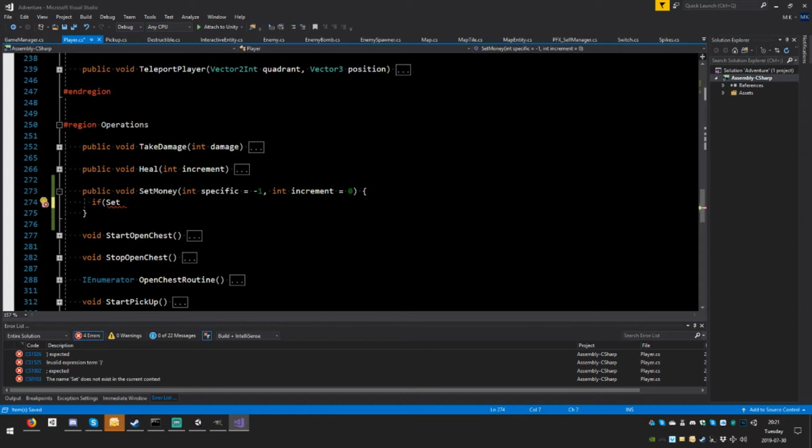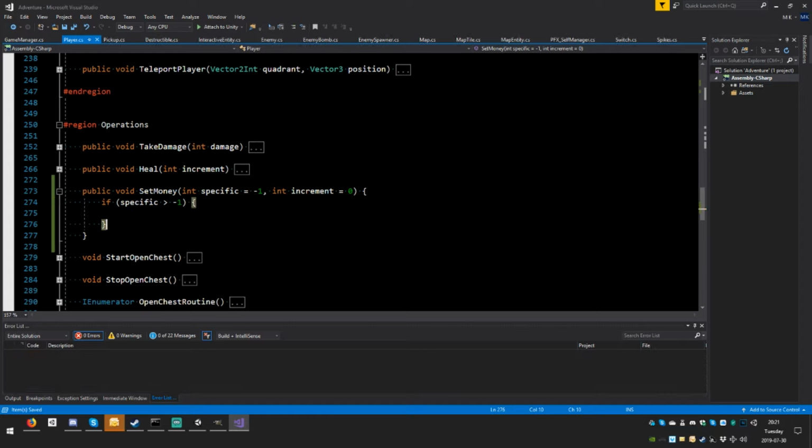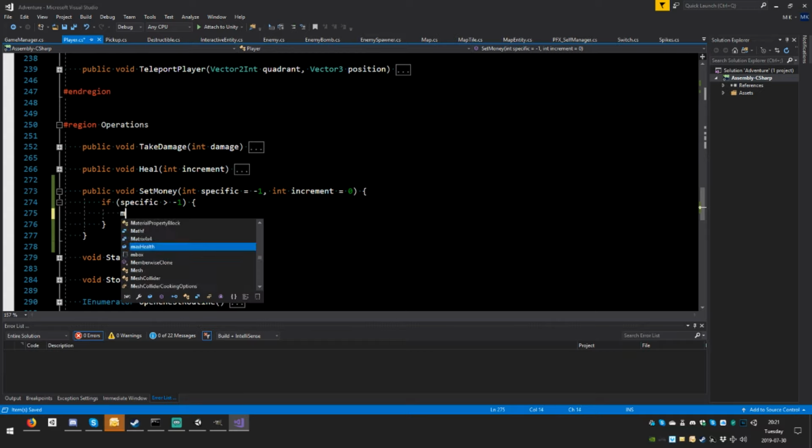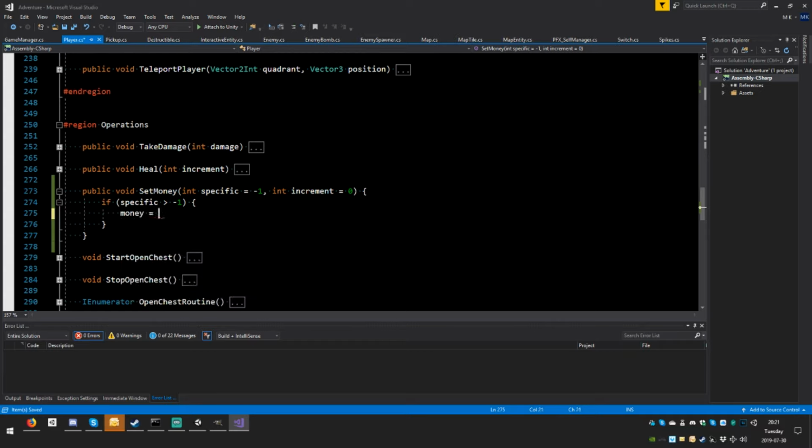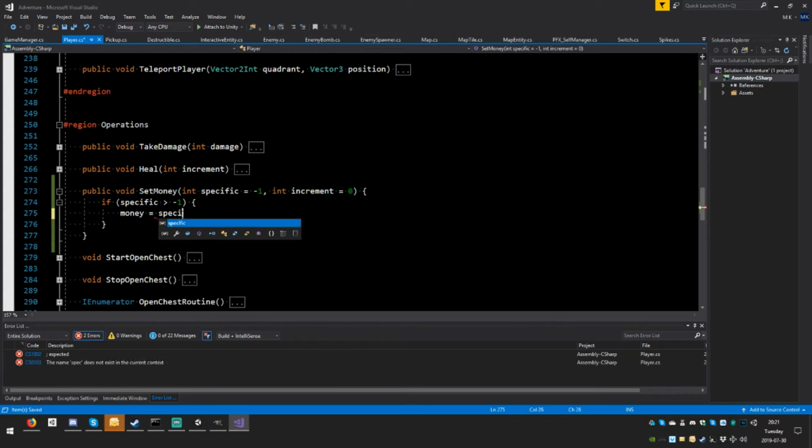specific, I don't know why I said set. Oops, I think I messed up. So if specific is higher than -1, yeah, that means we have a specific. So we're gonna say money equals specific, semicolon. Else,